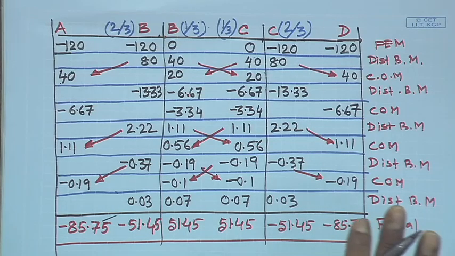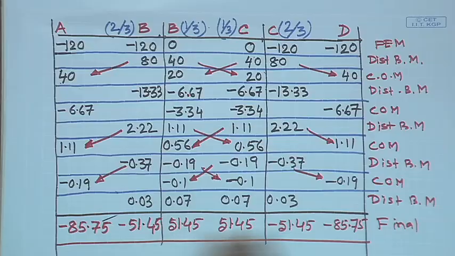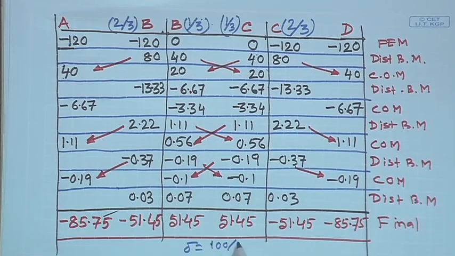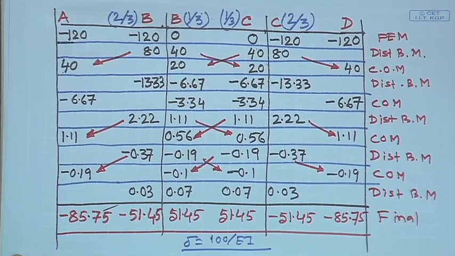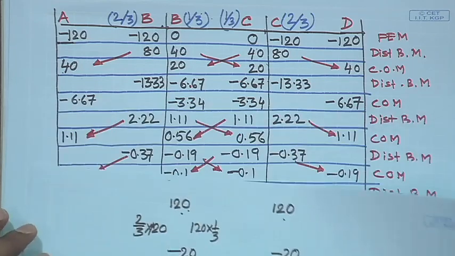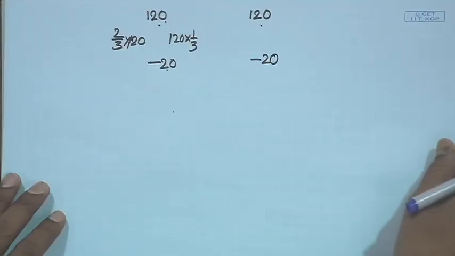These are the moments at various joints for delta equal to 100 by EI, right. But delta we do not know, that is an arbitrary value. Delta may not be 100 by EI. Now, how to get the final value? Okay. Now, you see, the final value will be, let us now find out for the same problem